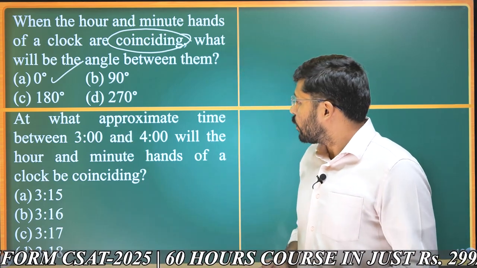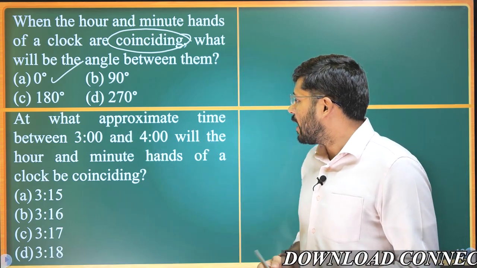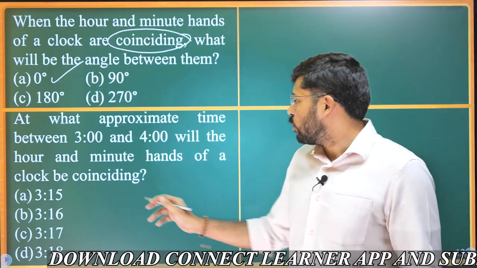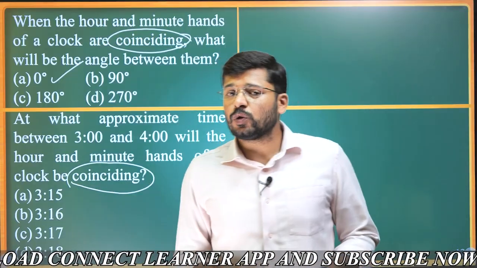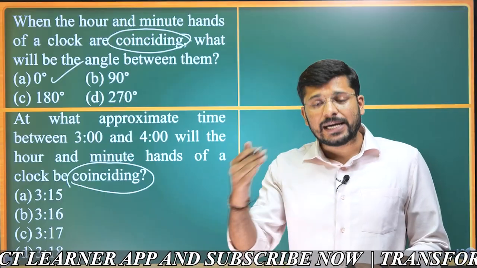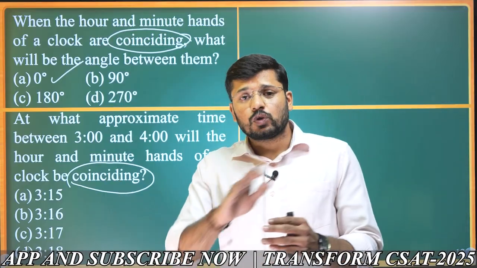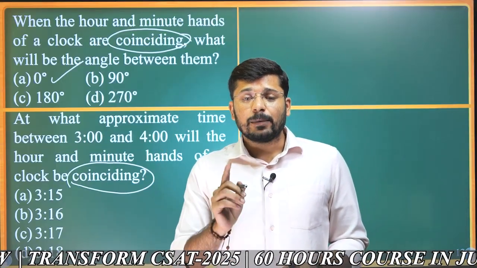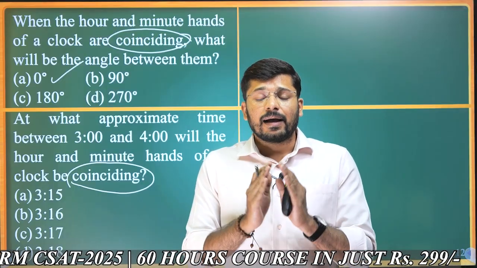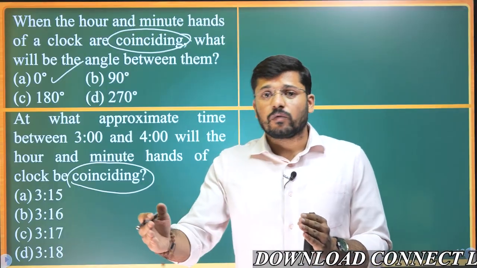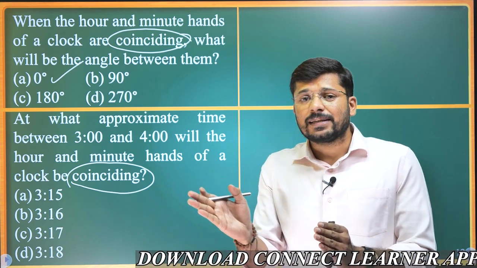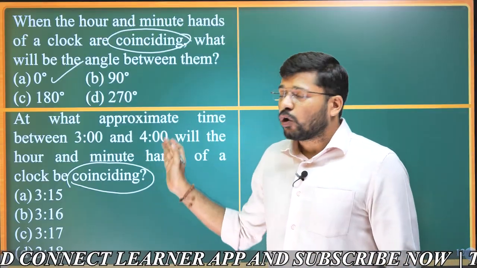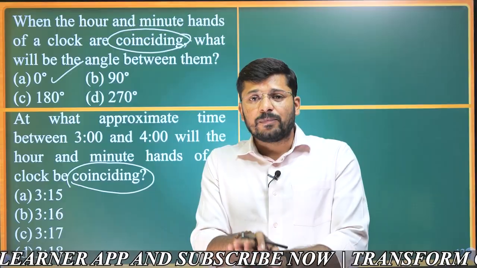At what approximate time between 3 o'clock and 4 o'clock will the hour hand and the minute hand of a clock be coinciding? Now, this coinciding phenomenon is not exclusive to 12 o'clock alone. It actually happens multiple times throughout the clock. So, it also happens between 3 o'clock and 4 o'clock. That is why in the beginning of the class, I told you that we imagine a sweeping analog clock, where the minute hand, the hour hand and the second hand are all moving smoothly without any tick-tick, without any jerking. So, between 3 o'clock and 4 o'clock, at some exact time, they will be overlapping.